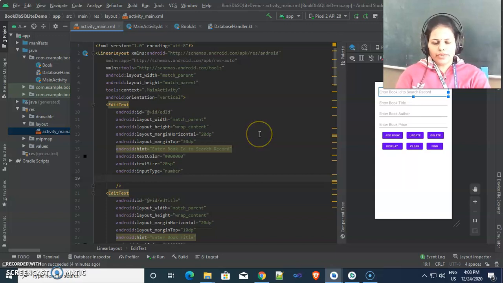So do this SQLite database demo functionality on your own, and apply this particular logic inside your project. Where can we apply this SQLite database? If you want to add a music library project, then we may add all the song lists inside our SQLite database.